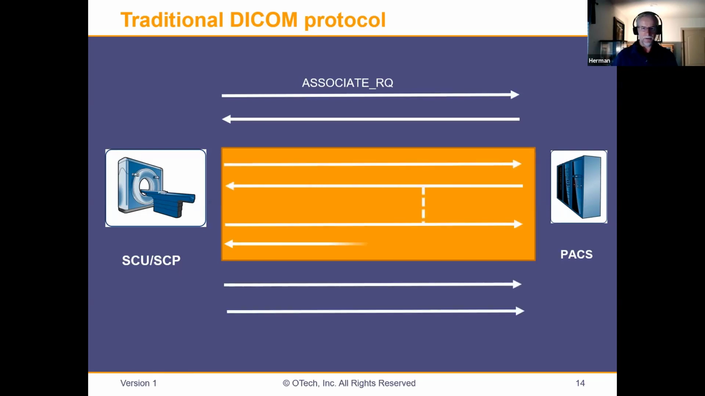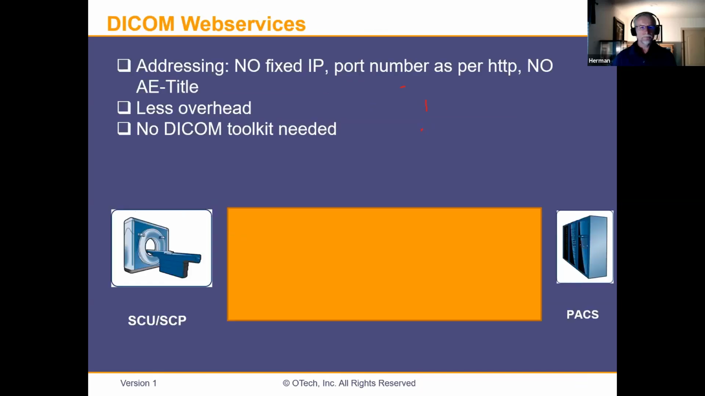Oh, my arrows are a little bit out of sync, but basically what happens: you do an associate request, you get an acceptance back, you do your store, boom, boom, boom, boom, boom, you get all the responses back, release request. Right? So there's a traditional DICOM protocol, and just as an example how it then would work,